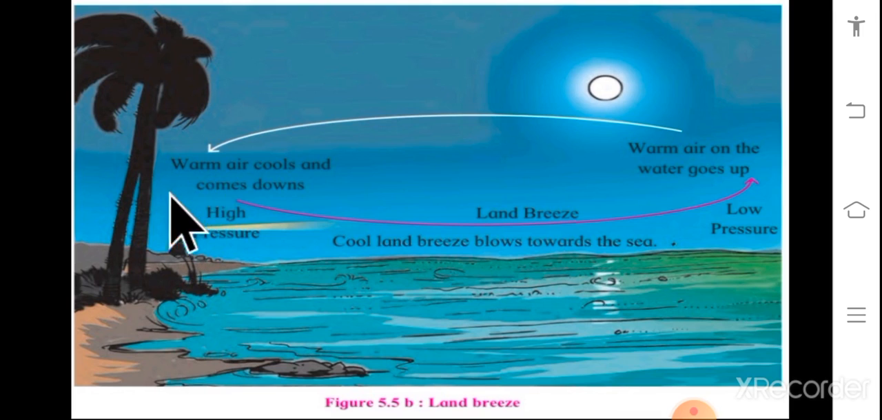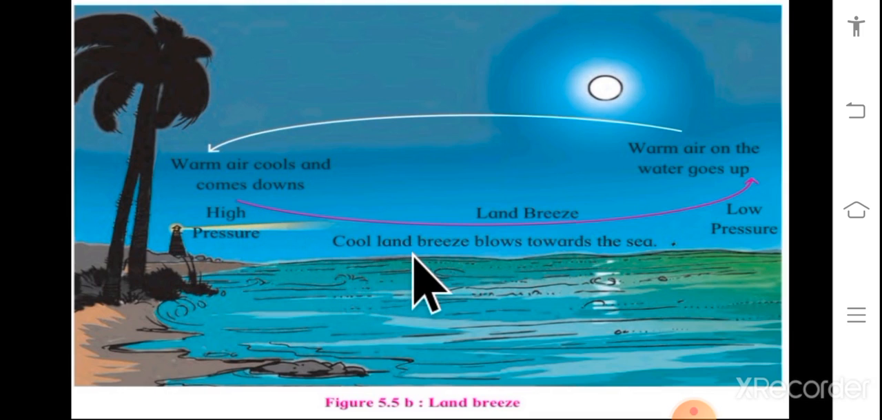So air over here is warm, cools and comes down. Now here again this air is coming over here, so it is creating high pressure over here because this land is cold. So because of that, what happens? At night time temperature is low on the land, and on the sea it is a little more. Because of that, we can see over here